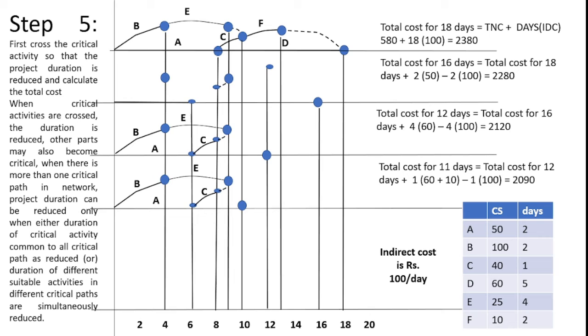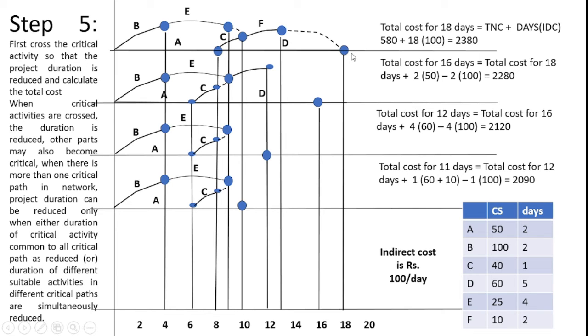Here you see there is a dummy activity available from C to the end, so that I can reduce the time here for completing the activity A. Here I reduce the A activity by 2 days, so the activity is reduced from 8 to 6. Because a dummy activity is available, I can reduce. After that I perform other things as in the previous slide. Okay, here D I introduce.